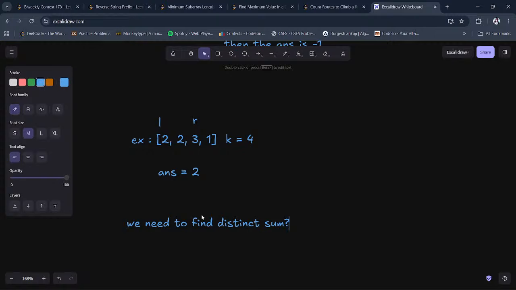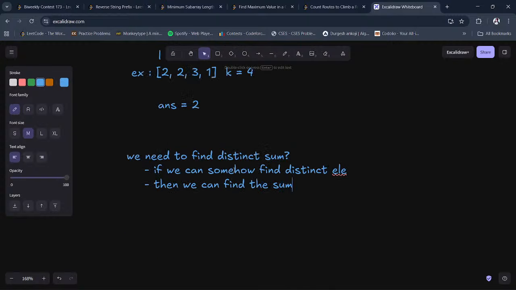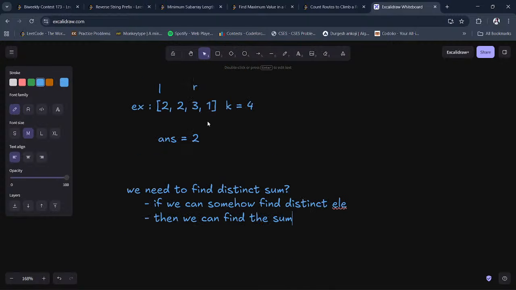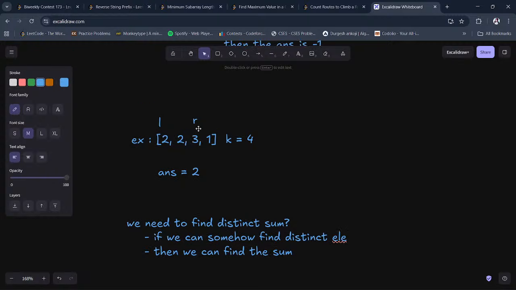But how is the question. So if we can somehow find distinct elements, then we can find the sum. If we can somehow find distinct elements between the subarray L to R, then we can find the sum. This is very simple. So when you say this is distinct, you can say 2 is repeating 2 times, but we need to only consider it as 1. So we can keep track of,